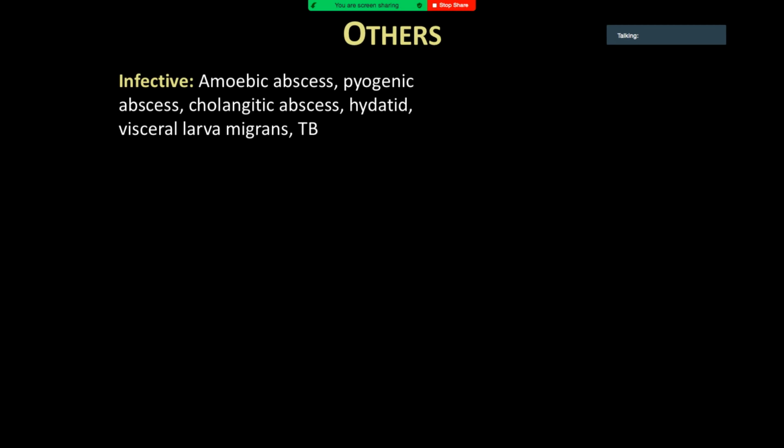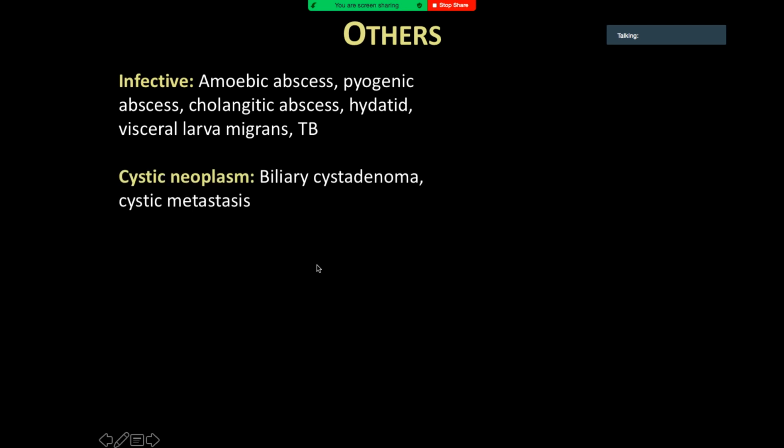Did you see this case, visceral larva migrans? Some of you have seen it, right? It's a very classic looking thing once you have seen it, but it's very difficult to describe. But you know what is visceral larva migrans? It's a sort of a parasitic infection. Generally you see a tract along the liver and some weird sort of enhancement pattern. I'll show you a case. It's very classic once you see the case. I think I diagnosed one a couple of months ago.